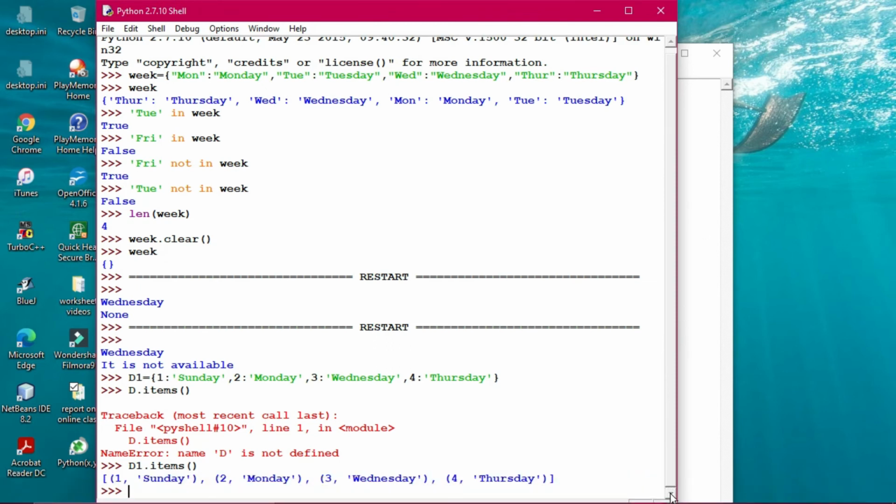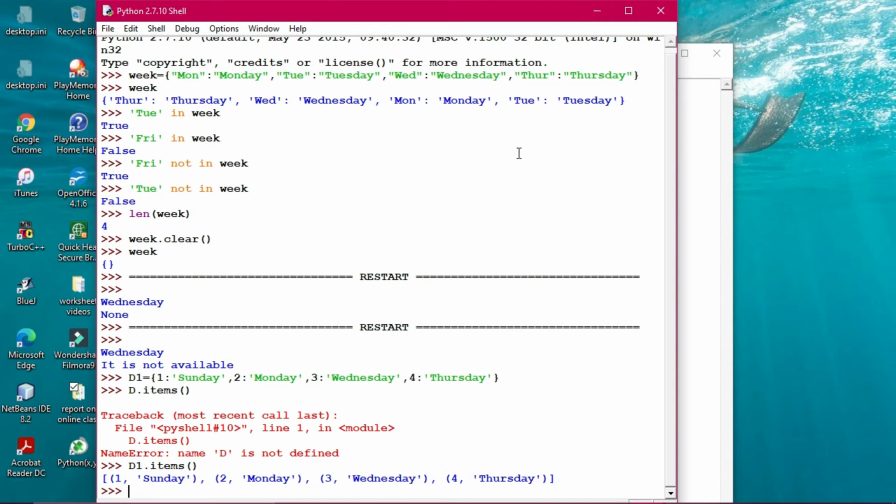Have you seen it? So the total dictionary has been printed if you're giving items. This is actually different from the print command, because in the print command dictionary values are written in the brackets and the key value pair is separated by a colon, but here the whole thing has appeared, the entire dictionary has appeared out here.